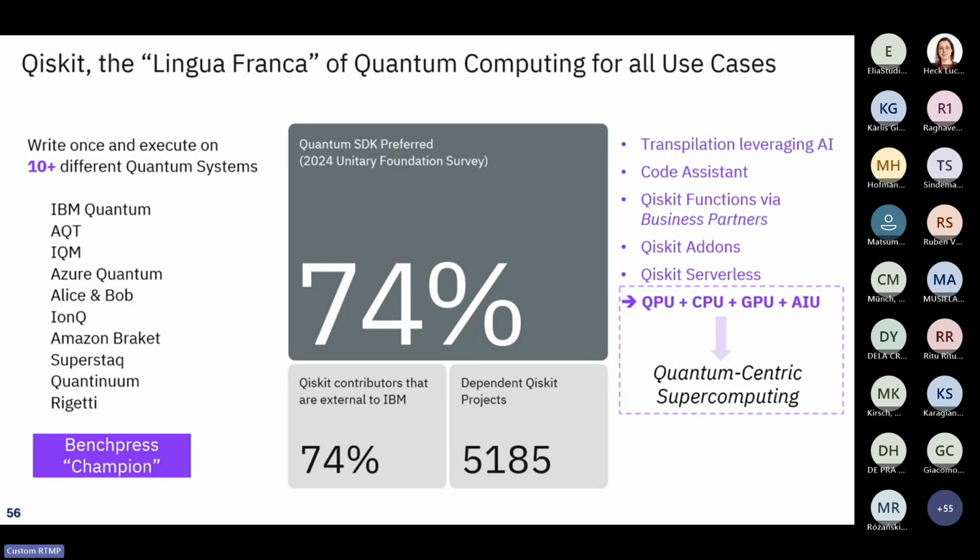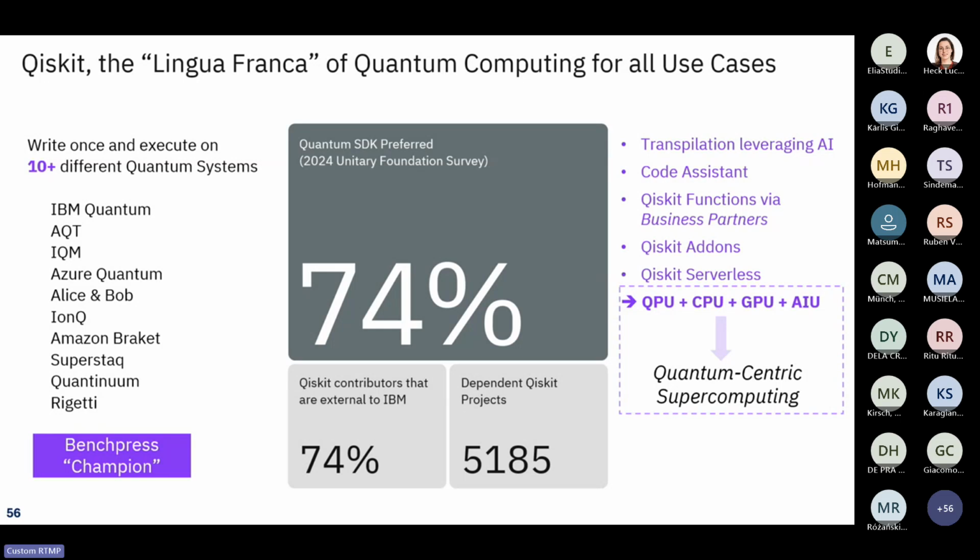You can see that a large part of developers is using Qiskit today. It is important to mention that it is not only open source, but also has a lot of contributions, not only from IBM, but also from startups and other parties doing quantum computing. There are 5,185 projects done, even more today, but I will pick out only one of these 5,000 in the next couple of slides.